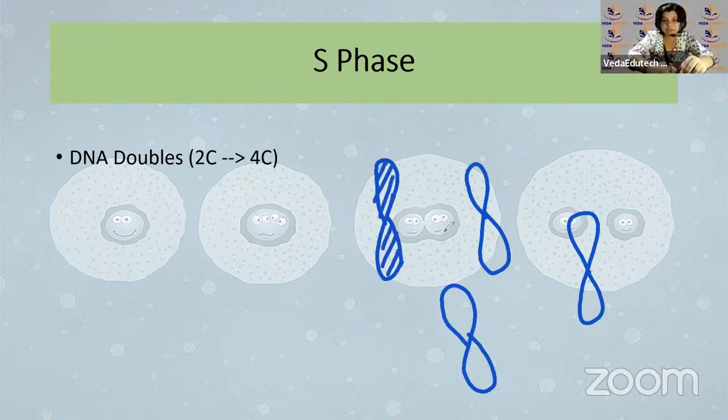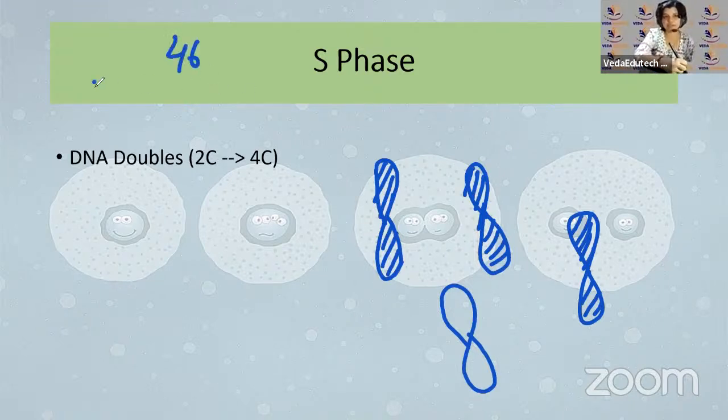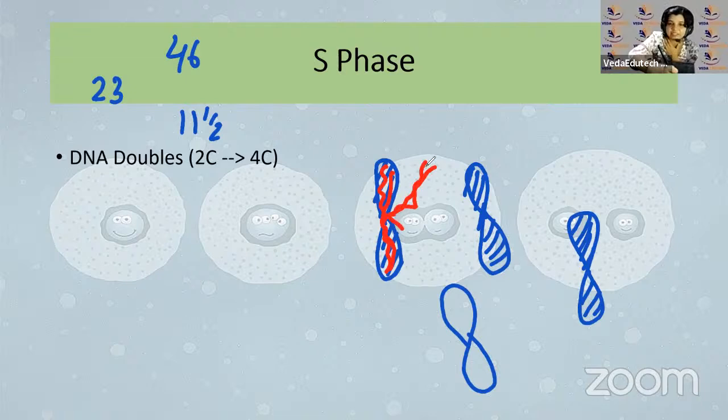But this cell is very determined to make babies, right? In order to make babies, it has to divide. It has to make sure that both the daughters get 46 chromosomes. We cannot do like one daughter gets only 23, the other daughter gets 11 and a half. We can't do that. We have to divide it equally. To divide it equally, the number one thing that it has to do is to copy its DNA. So what it does is, let's say this is the DNA here. It would create another photocopy of the same DNA here.